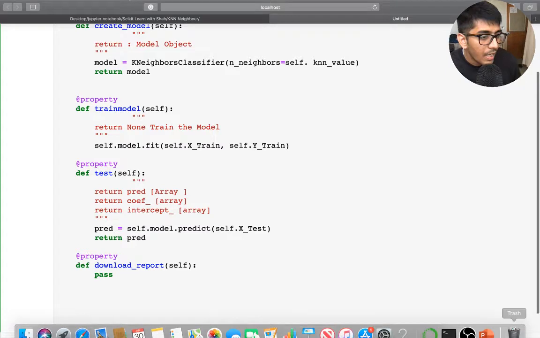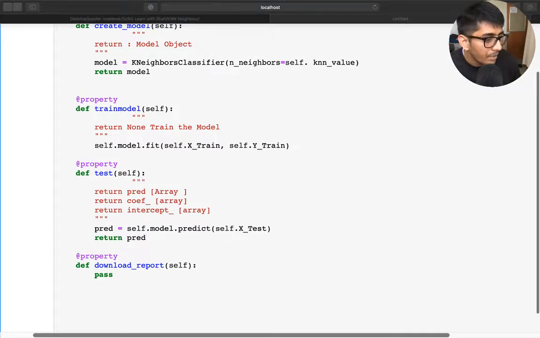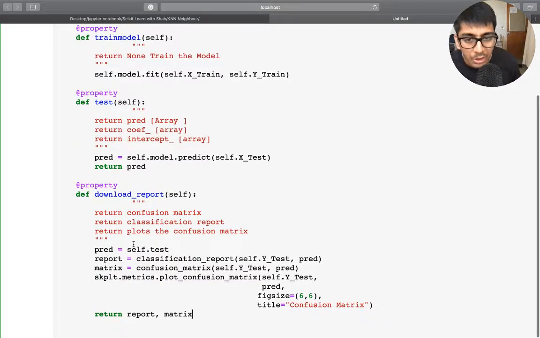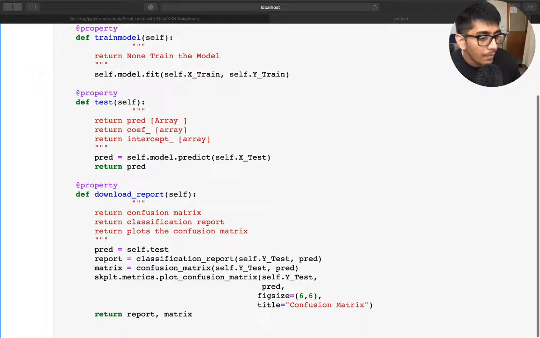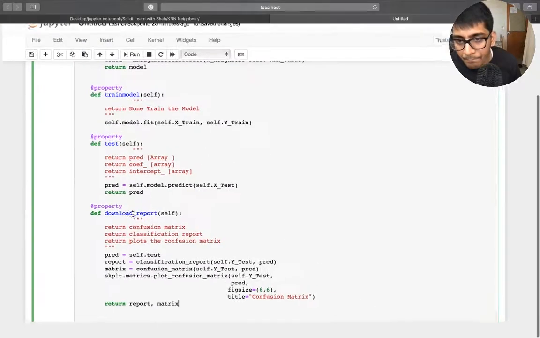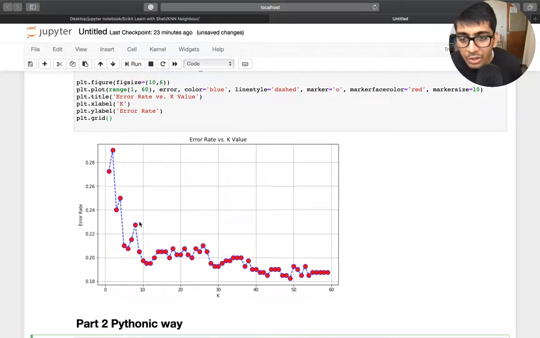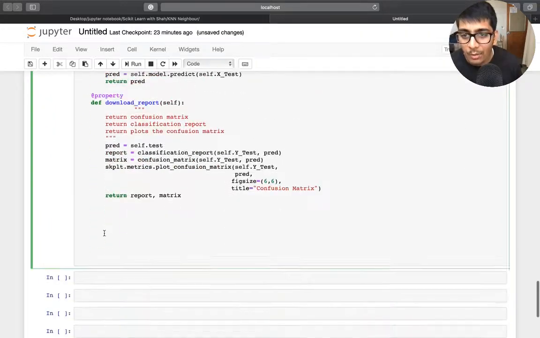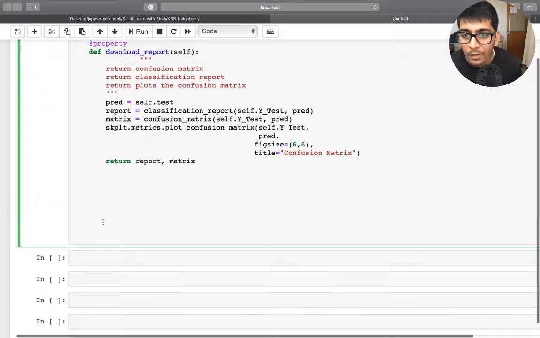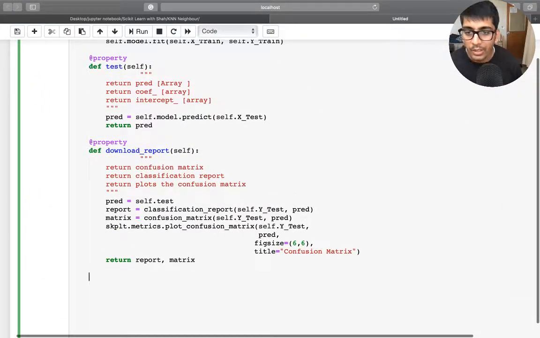All right, once done with that, the classification report and the confusion matrix that we have been doing for the last 8 videos are the same. I don't need to explain this as well. Then here comes the little important stuff. In this, we want to choose the K value first. So we need some kind of method to do that. I'm going to write that one because that's a little different. So let's write that. I'm going to define